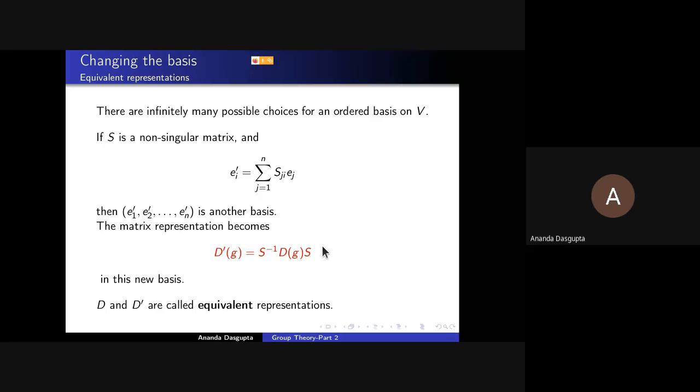Anyway, the whole point is there is a non-singular matrix S somewhere. Of course, if S is non-singular, so is S inverse. You could just use them interchangeably as well. But anyway, as long as you're saying it's a change of basis, this is the way it has to change. If you're saying it's a change of coefficients, then it will be S D S inverse. I hope everybody else is clear about this discussion, and it didn't confuse anybody. But you have to be careful about what this S is doing. It's changing the old basis vectors into the new basis vectors. That's all that's important here.